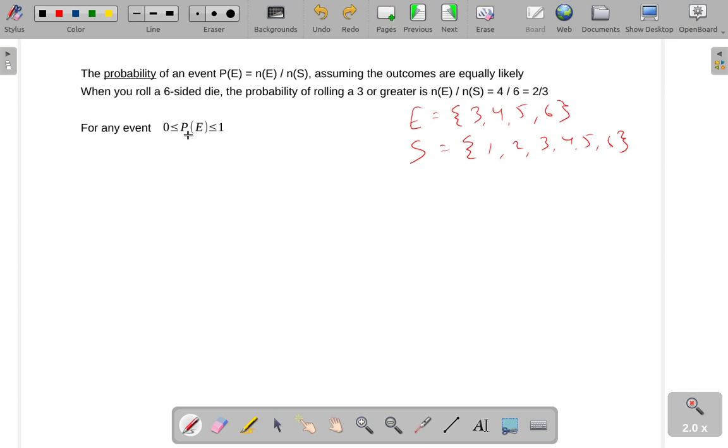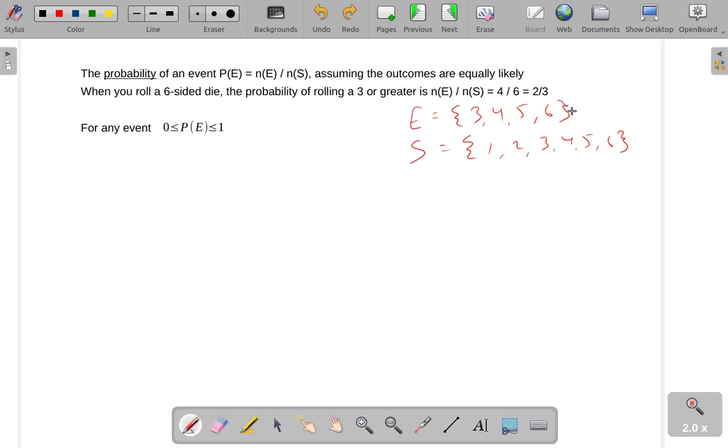In general, when we're talking about the probability of an event, not just the probability of an event, probabilities in general will always be between 0 and 1. They might be exactly equal to 0. We can talk about the probability of something that can't ever happen. We would say that that has a probability of 0. Or we could say the probability of something that is guaranteed to happen. We would say that has a probability of 1, a certain event versus an impossible event, or whatever you want to call it. In general, most of the probabilities we talk about are going to be between 0 and 1,